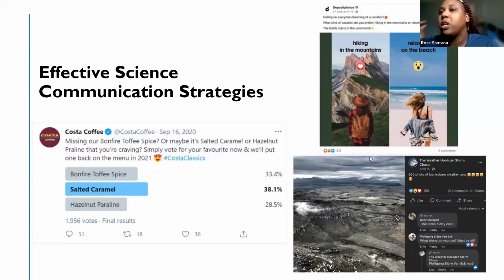Social media is a two-way street, so you should always be engaging with your audience. These are some great examples of ways that companies and brands include their audience and make it an active engagement. For example, using polls is a great way to get people engaged. On Instagram, especially when you do stories or interactive reels nowadays, you can do it as well. Have a call to action, ask people to comment one or the other down below, creating stories.